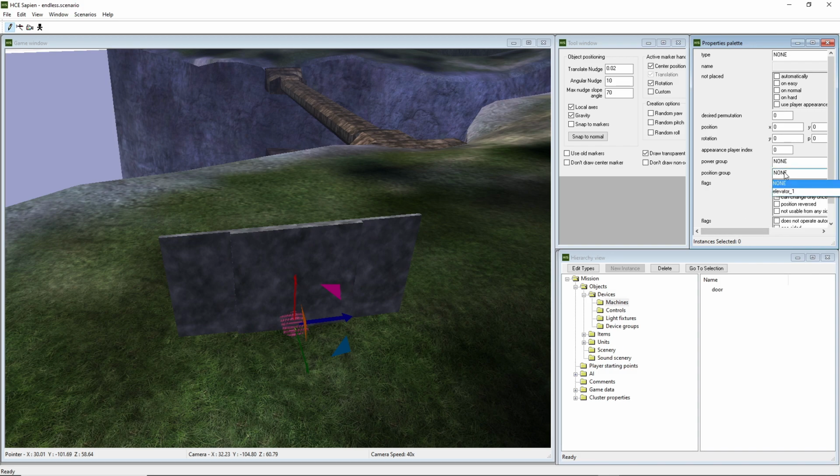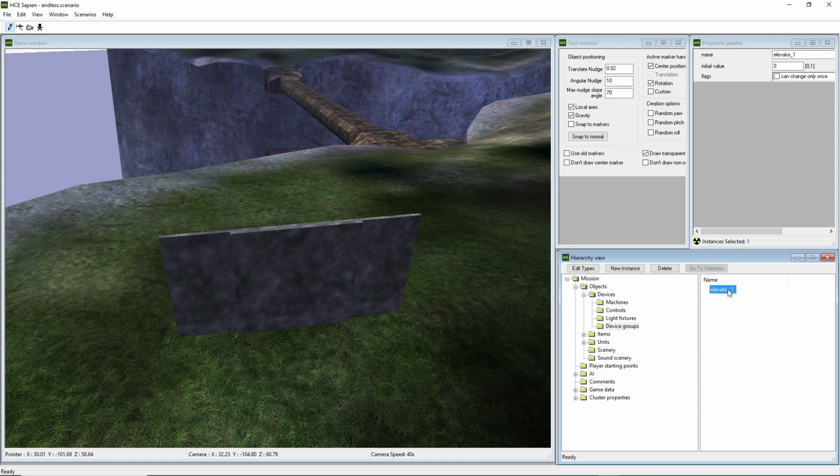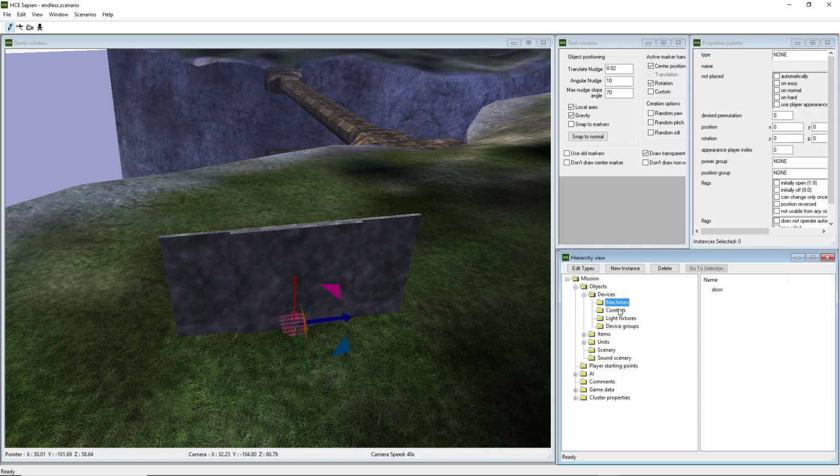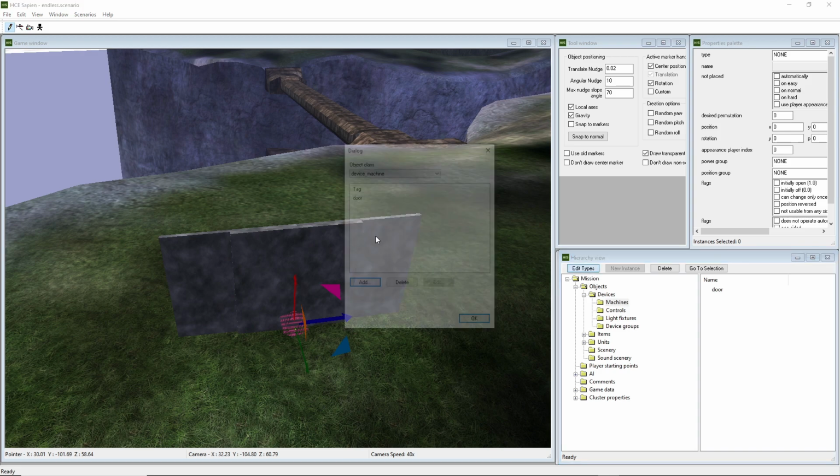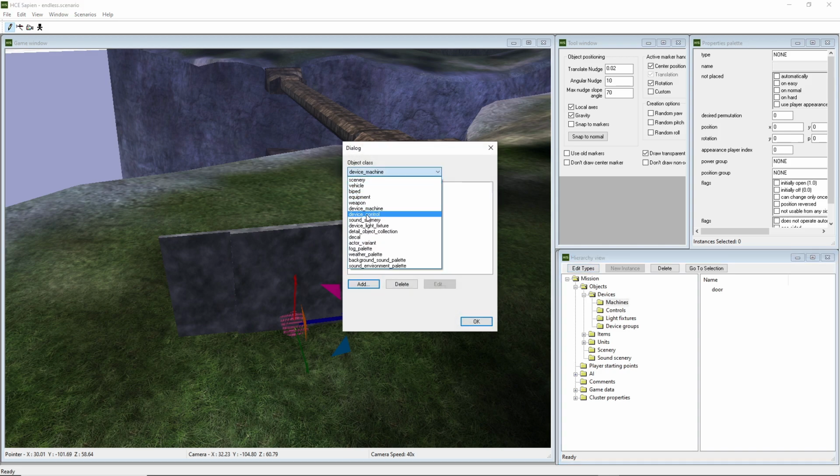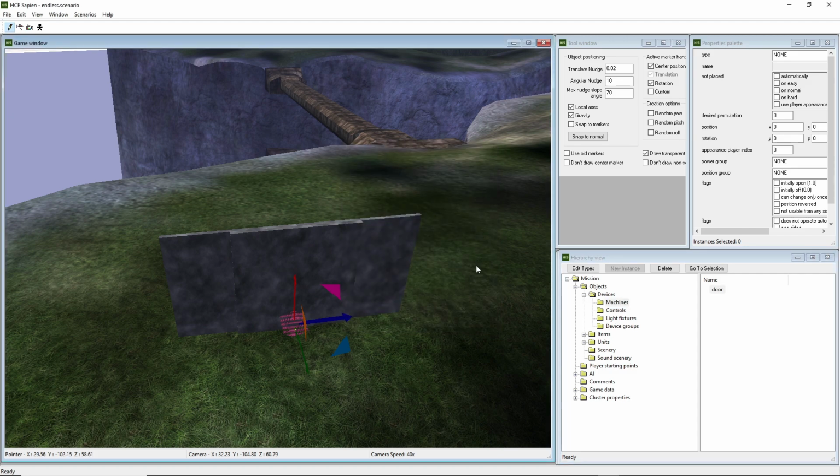The position group. Oh, the position group is still there. Yeah, that's for controls and stuff like that. For a device that requires a control panel, because machines and the controls for those machines, they're considered two different things. If you go to edit types here, you go to device control, they're two completely separate things. But this is just an auto door. So